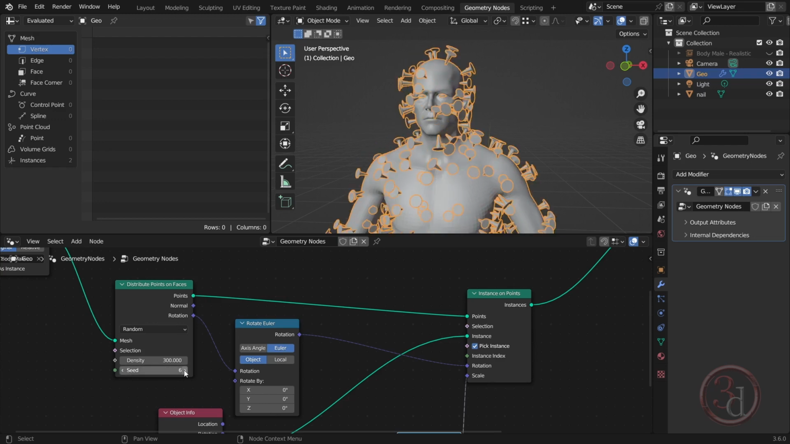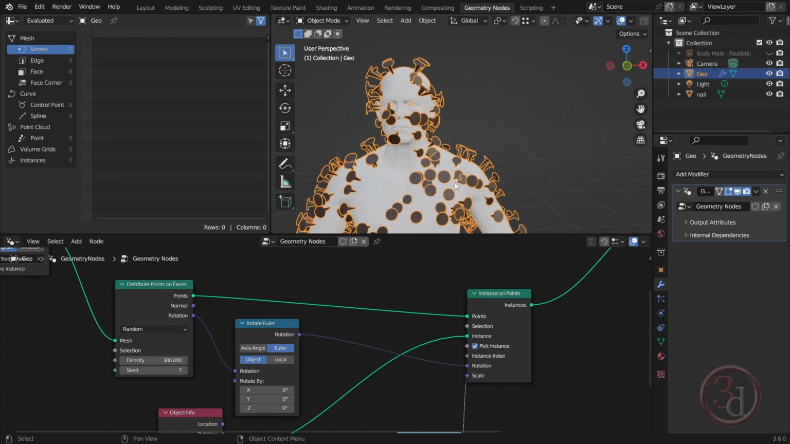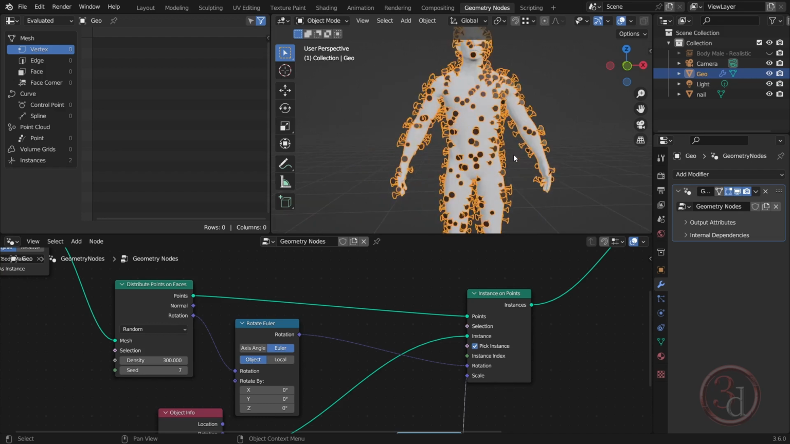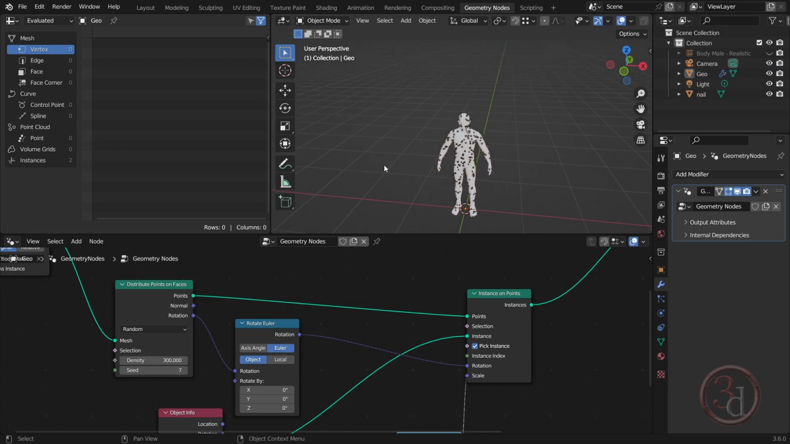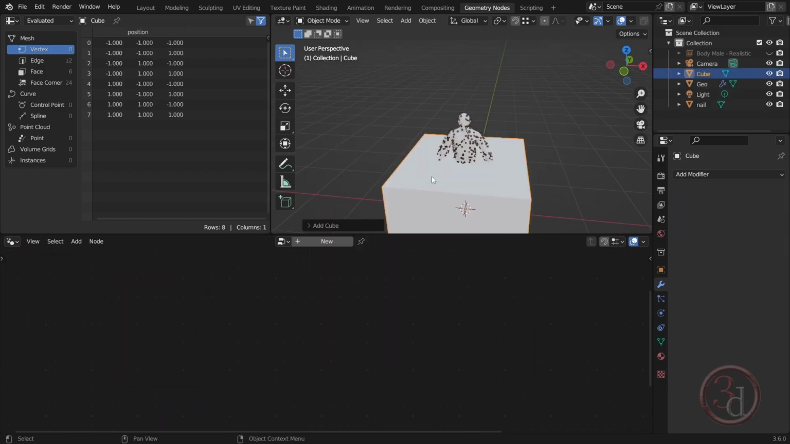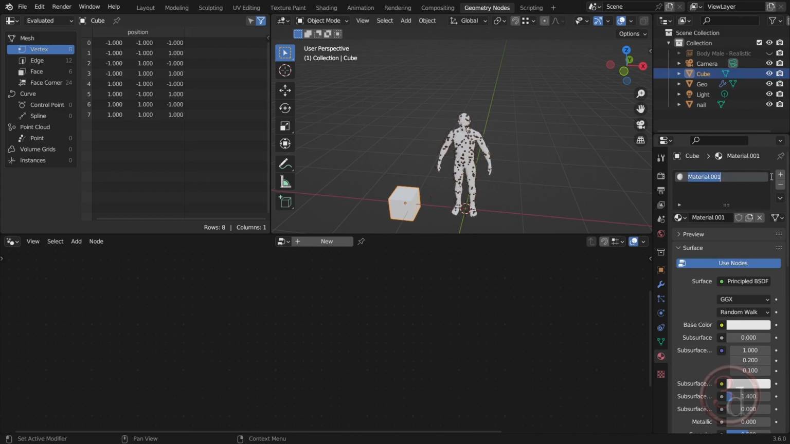Okay, and now go to the material preview, and we need to add the material for the body mesh. The way I will be doing it is I will create a cube, just any cube. Just move it on the side, and then I will create a new material, and I'll call this skin,